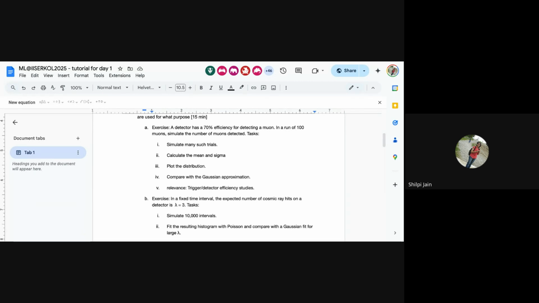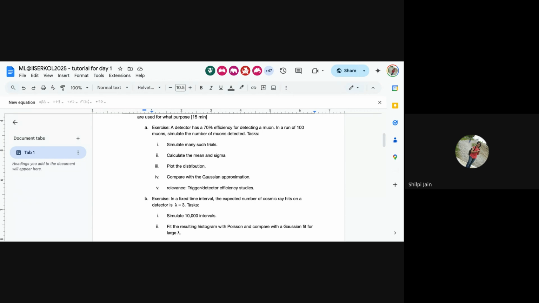You can click on various distributions exercises. So then you can see